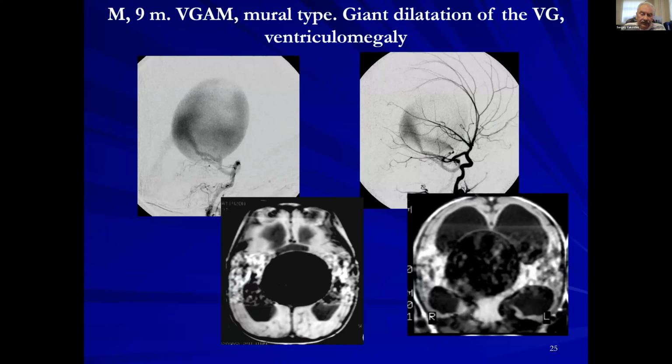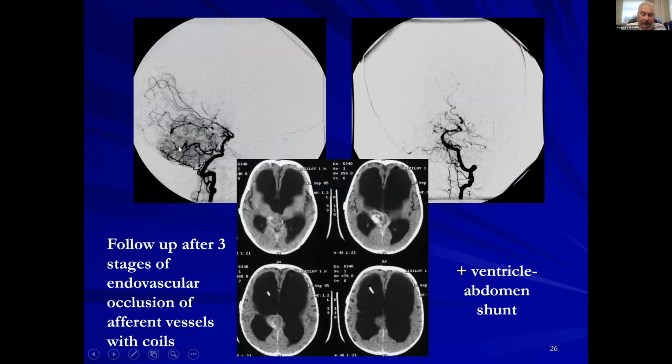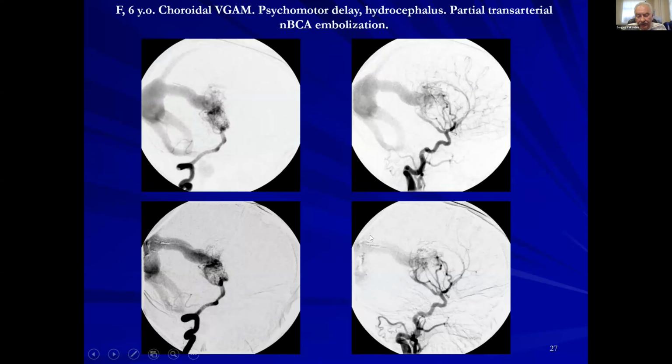Next case, the mural type of vein of Galen AVM with giant dilatation of the vein and ventricular megaly. We performed 3 stages of endovascular embolization and achieved a total occlusion of the AVM, but we needed to perform a ventriculoperitoneal shunt. You can see on this picture that the vein has decreased in size, and pathological